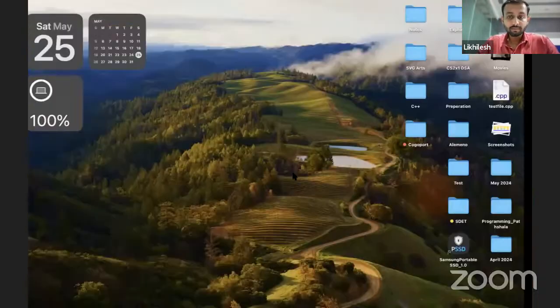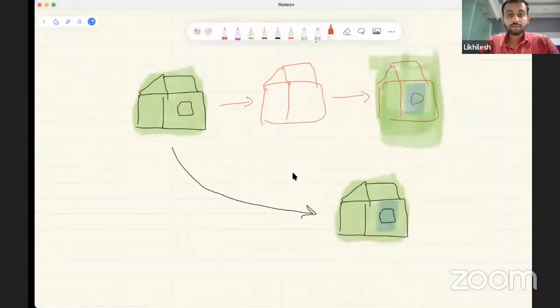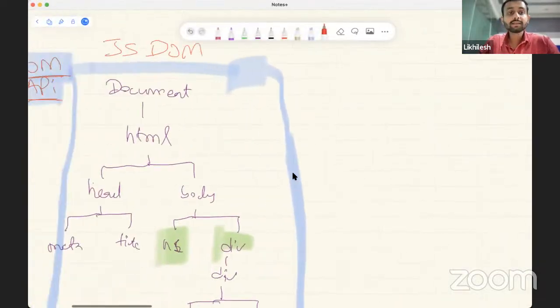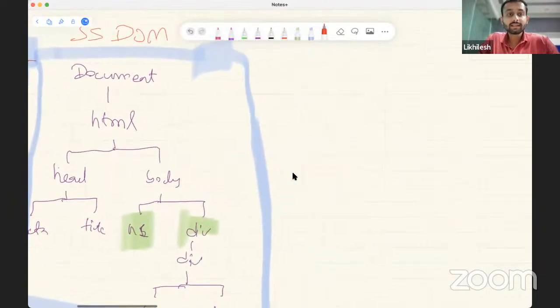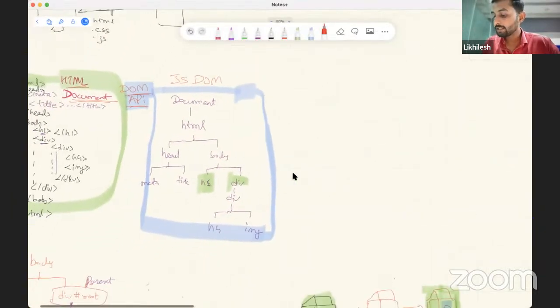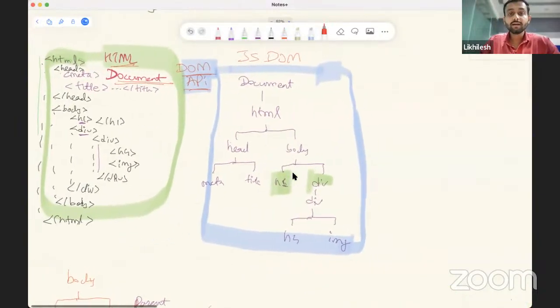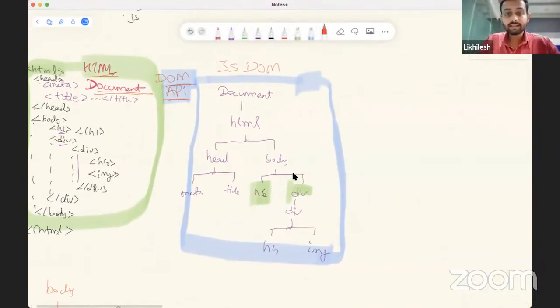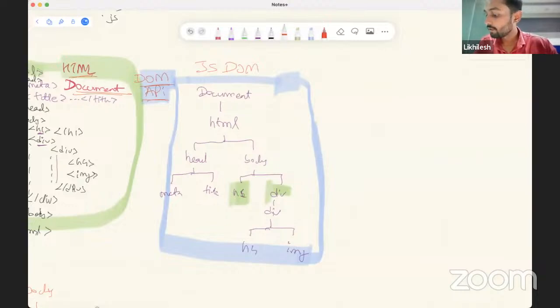ओके, नाउ यू विल स्टार्ट टू अंडरस्टैंड हमें रिएक्ट की जरूरत क्यों पड़ी। और जब मैं रिएक्ट कहता हूँ ना, रिएक्ट बस एक नई चीज लेके आता है। ओके, अब तक हमारे पास क्या था, एचटीएमएल डॉक्यूमेंट थी और उसके साथ जावास्क्रिप्ट का डॉम था। बट रिएक्ट अपने साथ एक नई चीज लाता है, दैट वी कॉल रिएक्ट वर्चुअल डॉम। ओके, तो जब रिएक्ट आता है ना, वो उसका वर्चुअल डॉम लेके आ जाता है। और वर्चुअल डॉम क्या है, एग्जैक्टली इस चीज की कॉपी है।